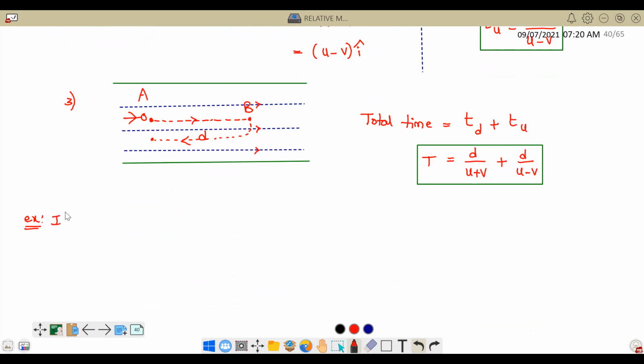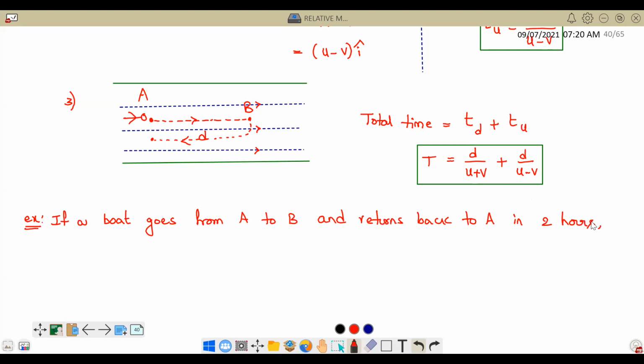Sir, just can you zoom out, sir? If a boat goes from A to B and returns back to A in 2 hours, find the distance between A and B if